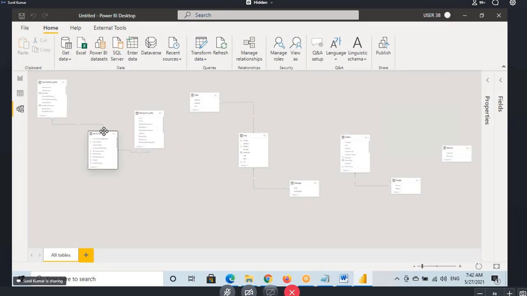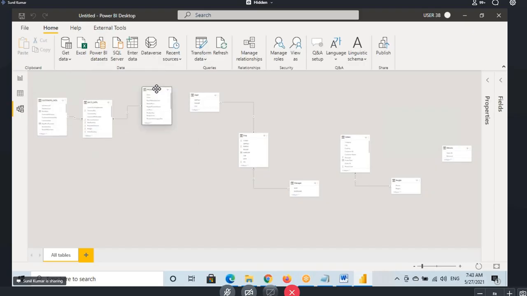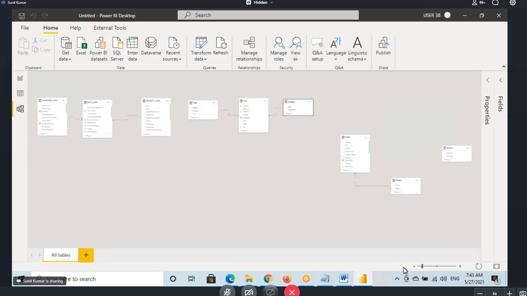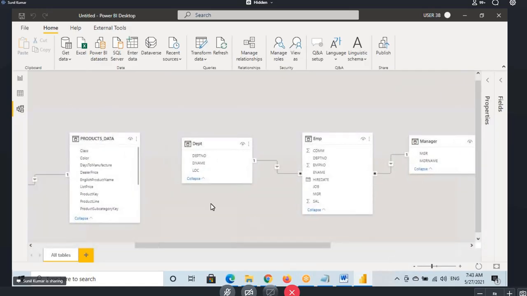Totally, I loaded 9 tables. I'm able to see all 9 tables here. Now, when you load the tables, Power BI has the intelligence to establish the relationship between them, guys. Fine, you loaded the tables, but if you see,